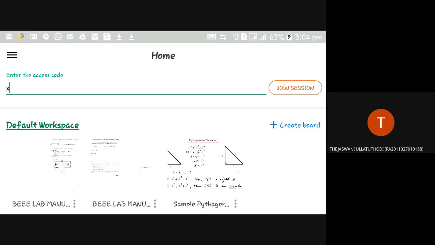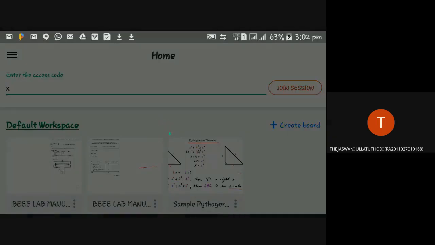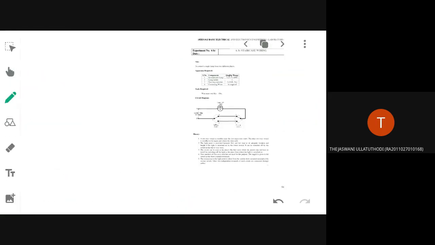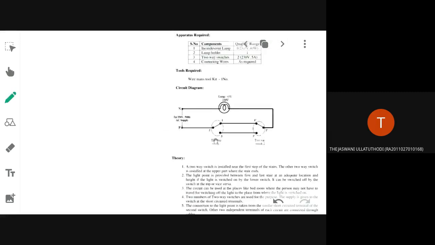See, the working principle of tube light you have to learn. That is an important thing. Working principle of fluorescent lamp. What are the different parts and what is the purpose of each and every part, that you have to do as self study. I am not going to teach.